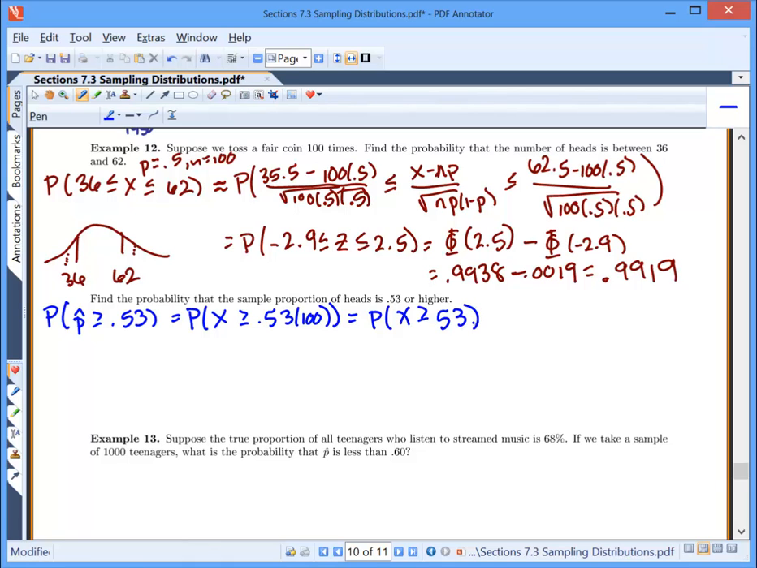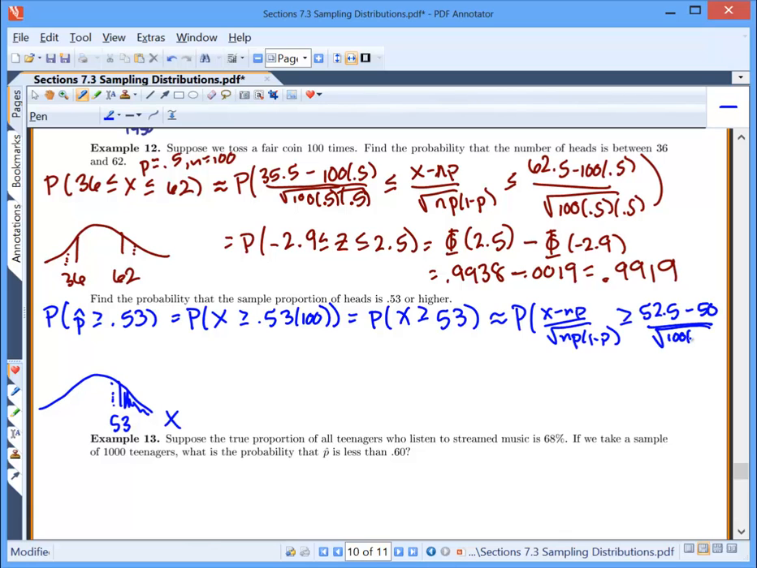And I need to standardize this now. First, let's figure out what my continuity correction should be. So if I'm looking for the probability that it's greater than or equal to 53, I need to subtract 0.5 to make that region bigger. So (x minus np) over the square root of np(1 minus p) is greater than or equal to, let's see, 52.5 minus n times p, which is 50, divided by the square root of 100 times 0.5 times 0.5,